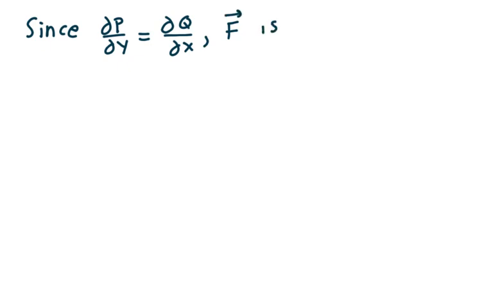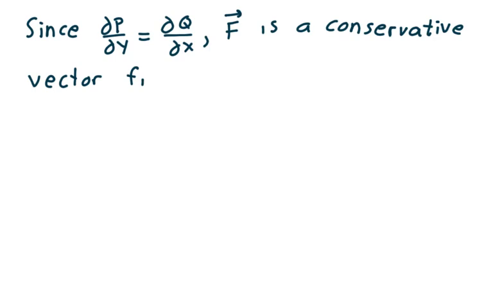And since the partial of p with respect to y is equal to the partial of q with respect to x, we can say F is a conservative vector field. And remember, we're not done, because now we want to find the potential function little f, right? So to find small f,